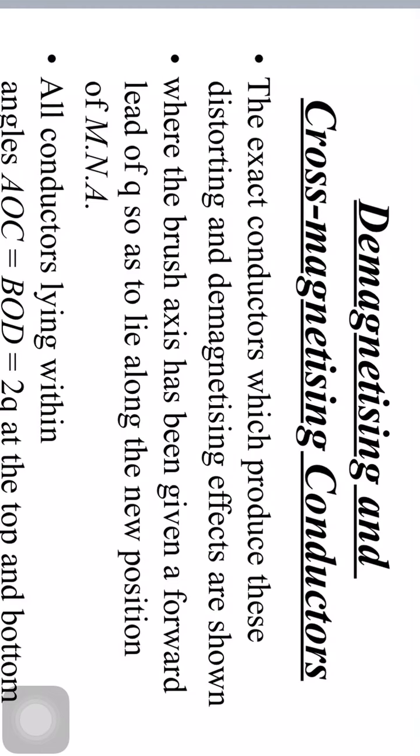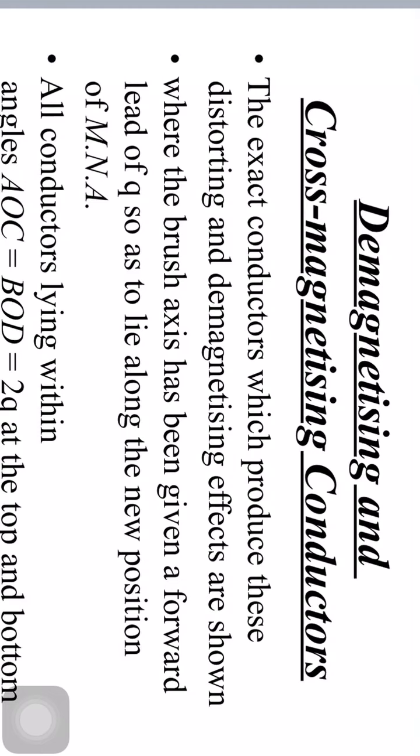Next, we have two cases: when the generator is on no load and when the generator is loaded. When the generator is on no load, a small current flowing in the armature does not appreciably affect the main flux coming from the pole. When the generator is loaded, the current flowing through the armature conductors sets up flux, the flux due to armature current. Next, how this affects the main flux is distorted, like we have seen in the last classes.